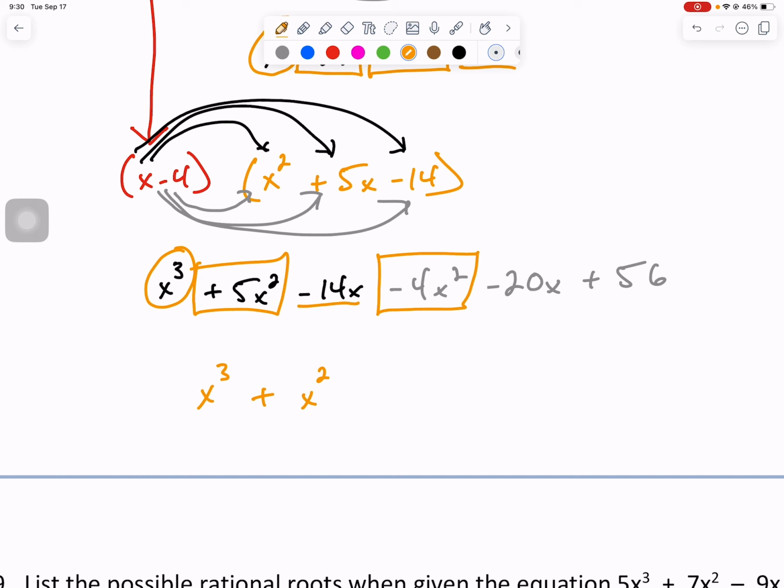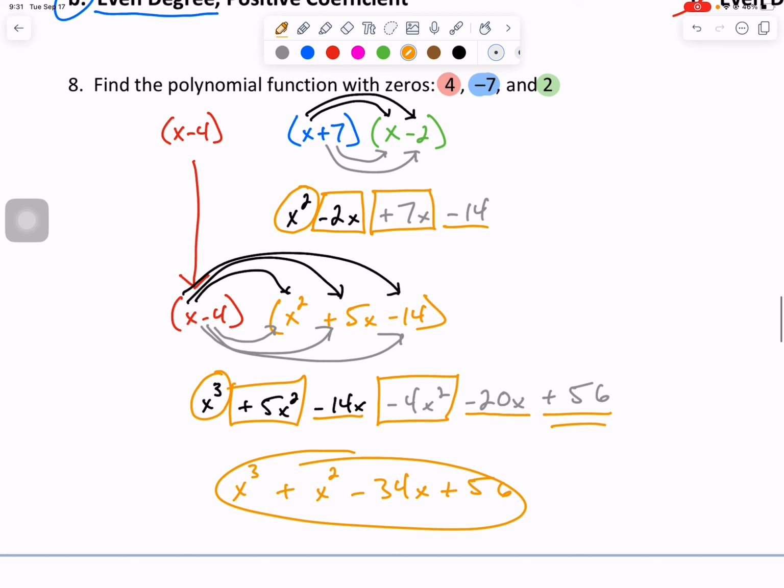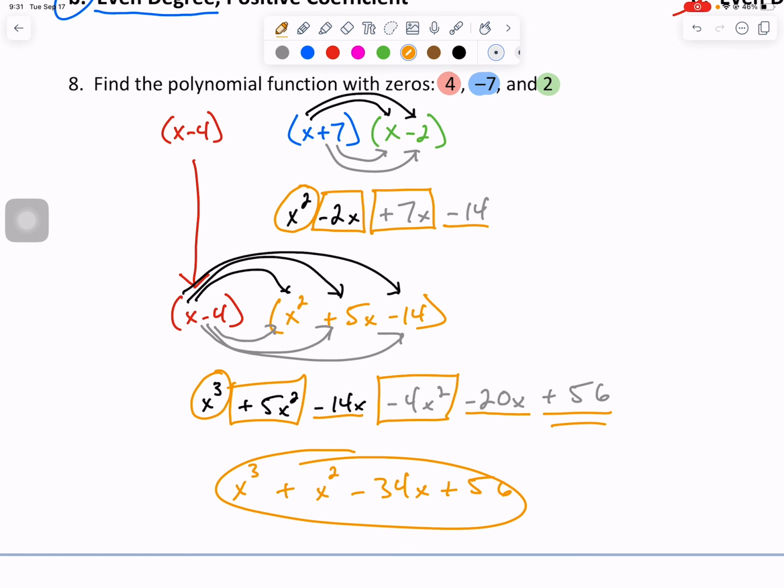I will underline my minus 14x and our minus 20x. So negative 14 minus 20 gives us negative 34. Don't forget your x. And your 56, we just bring on down. Go ahead and circle your answer. Here's a little zoom out and zoom in if you'd like to pause that and take a look at it